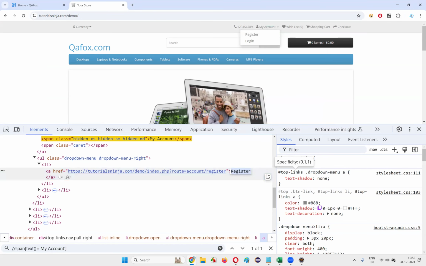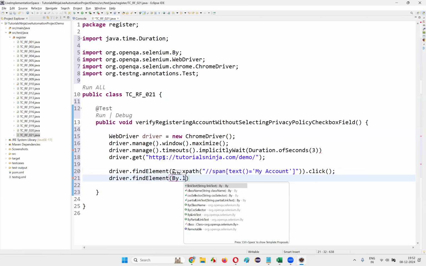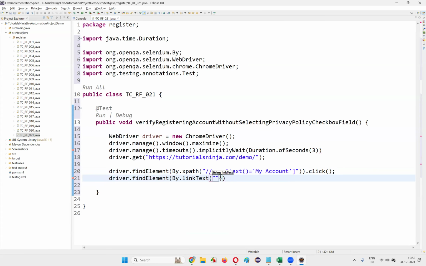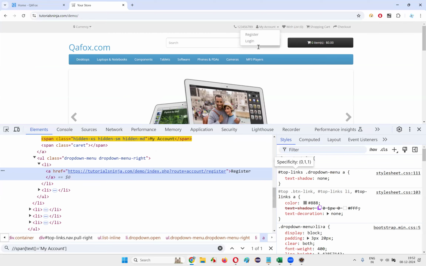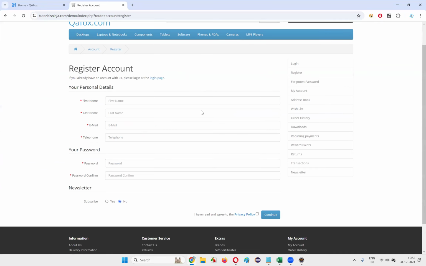Then select the Register option, inspect this. This is a link text. Okay, simply write down driver.findElement(By.linkText), provide the link text locator, and simply say dot click. This will select the Register option. Once I navigate to the Register Account page,